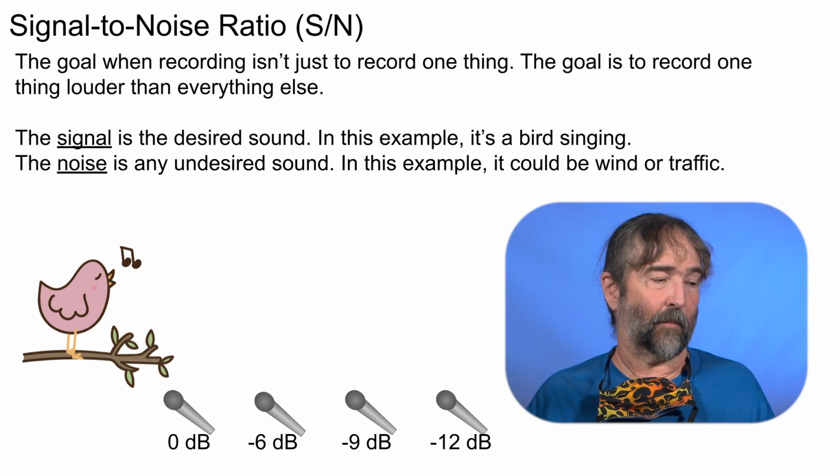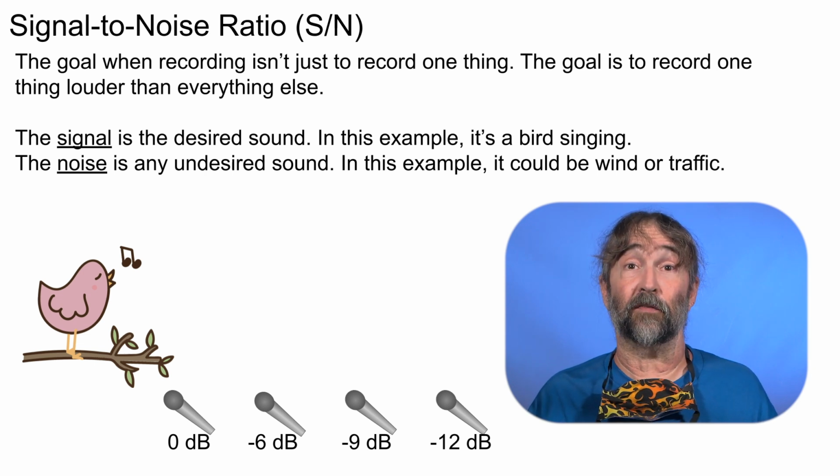Right now I have a microphone that's maybe 18 inches from my mouth. It's barely out of frame right there. Closer is always better. Part of the reason why is because of that change in volume, but that's only half of it. The other half is something called signal-to-noise ratio. Now, when we set up to record our bird, or when I set up to record myself, there's other sounds that are going to get recorded. This is just the reality of life.